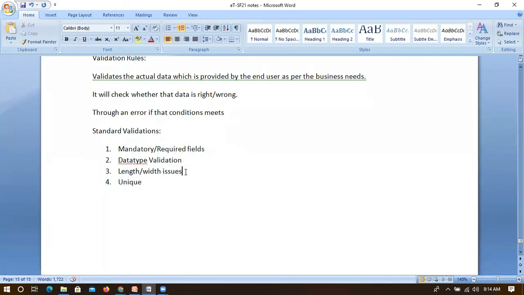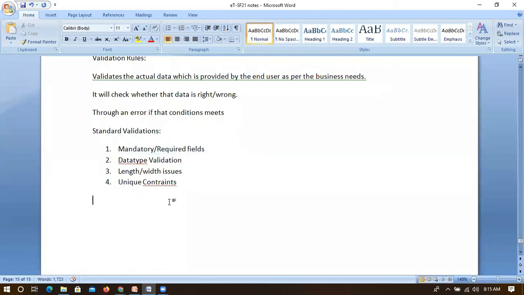When we are creating a field type, we have given something called length, right? For every field type, we mention how many letters it should contain, like 10, 20, or 80. So we have created that, and you can go through it again. You can create multiple fields. At that time, you can see whether it is required, and then it will check for data type, then for length and width, and then it will be checking for unique constraints.